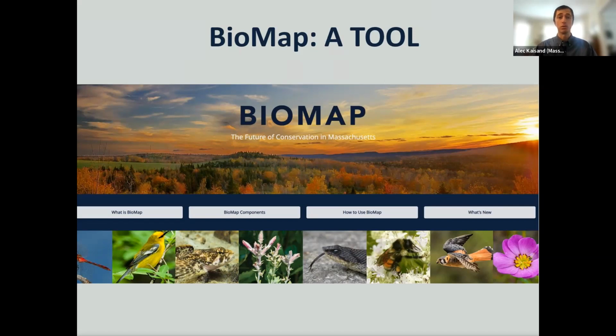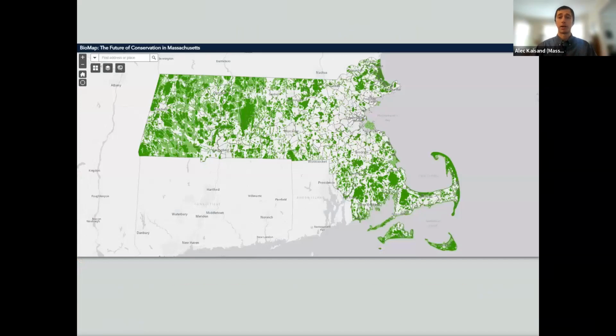So we do see that as a tool, and through this BioMap interactive mapper, which we will show in just a little bit, users can customize the data to meet their interests and needs. So for example, filtering to specific components, if you were just interested in aquatic and wetland components, or selecting data that is most relevant at a local or statewide scale or that regional scale. The map also includes an exciting summary report tool that enables users to derive information and summary statistics for an area of interest. And I'll show that in just a little bit. As with BioMap 2, the data are also downloadable for use in other analyses, and they're available in MassMapper as well.